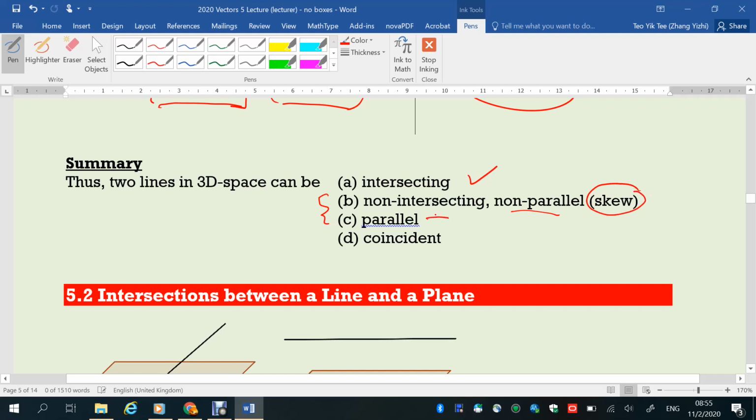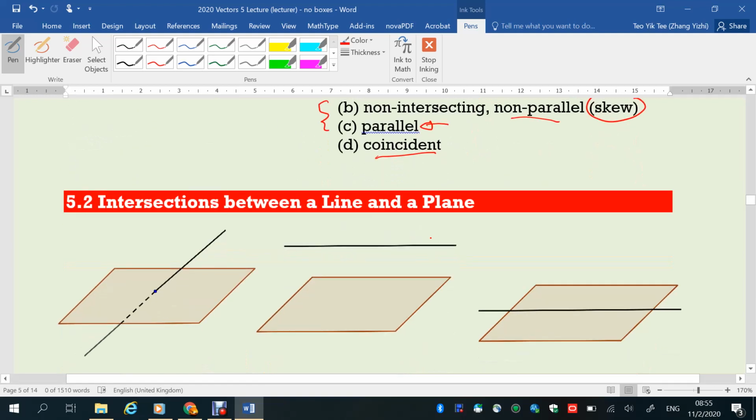Non-intersecting lines can also be parallel lines. And if the lines are parallel and at the same time intersecting, they are what we call coincident lines. Okay, so this is the section dealing with two lines. With that, we are moving on to the next section, where we talk about the interactions between line and